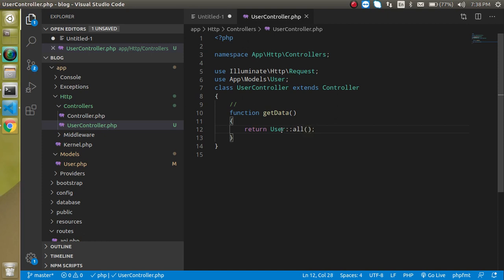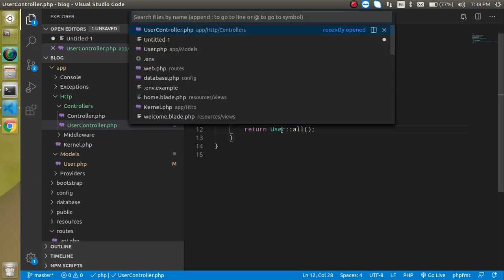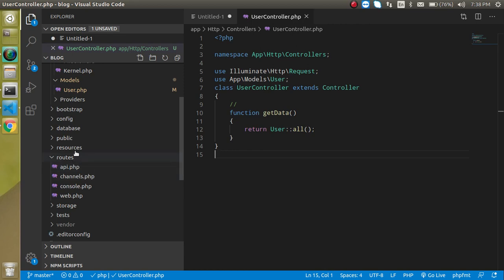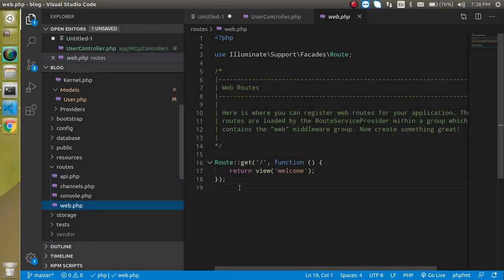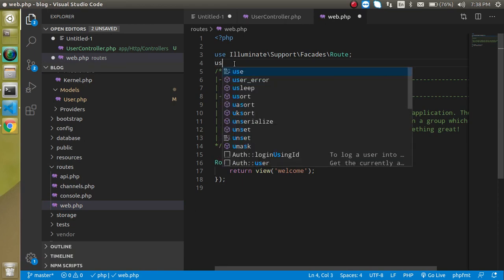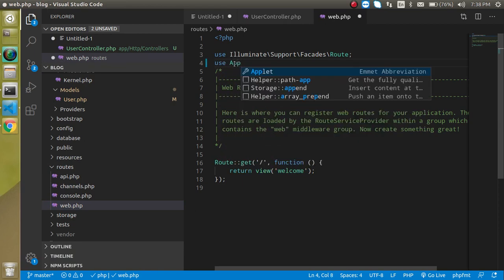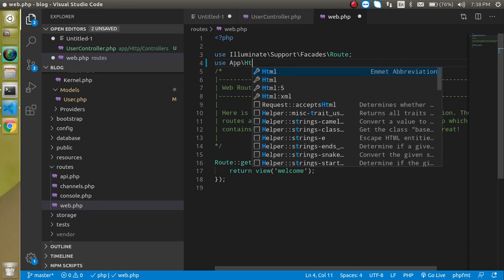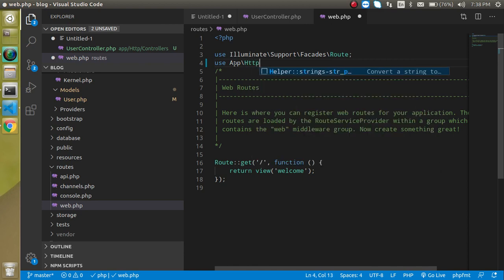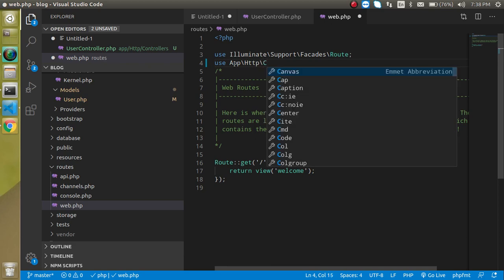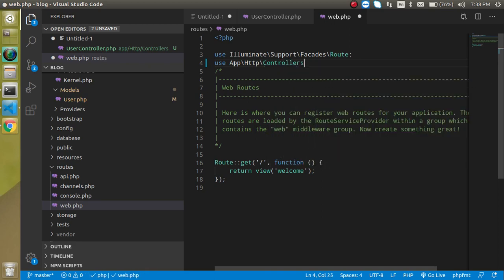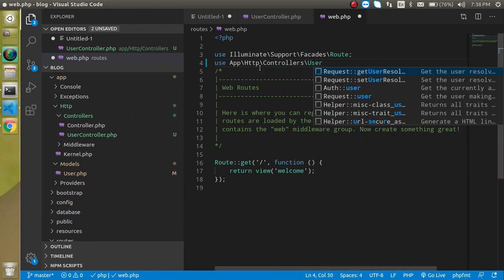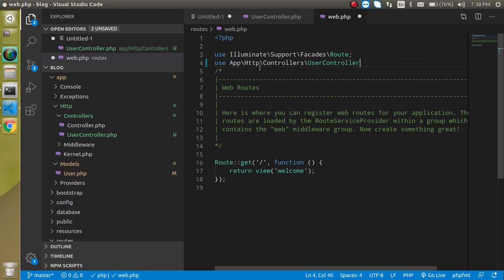Everything is ready, but how can we use this controller? For that we need to make a route, and we can make the route inside web.php. So import our controller, use App\Http\Controllers\UserController, right?